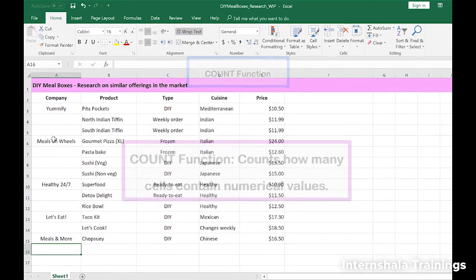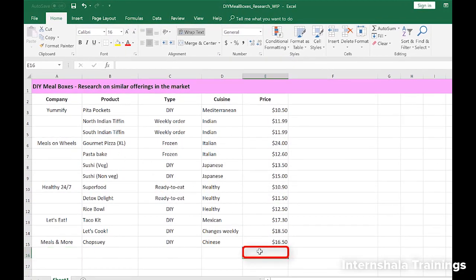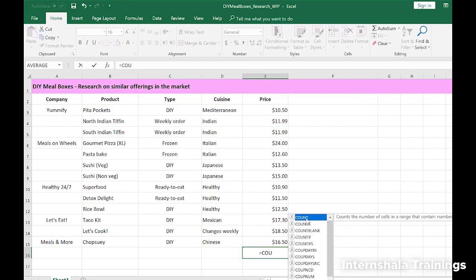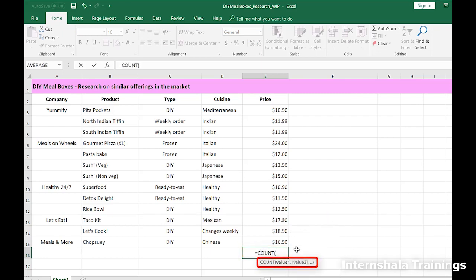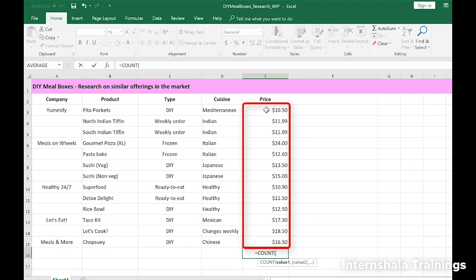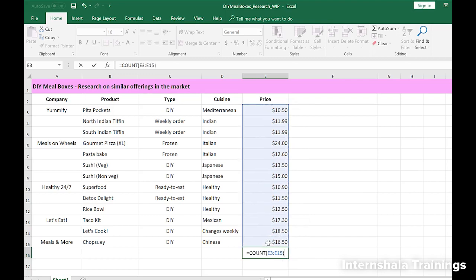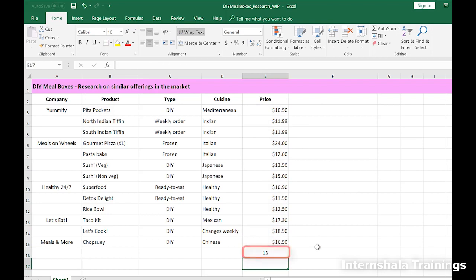Let's enter the count function into cell E16. When we start typing it in, Excel will prompt us with its syntax, which is the same as the sum function syntax that we saw earlier. We need to insert just one argument, which is the cell range from E3 to E15. So let's go ahead and insert it using the point, click, and highlight method. We can then close the brackets and press enter. The count function has told us that so far, the Food to Go team have identified 13 similar product offerings